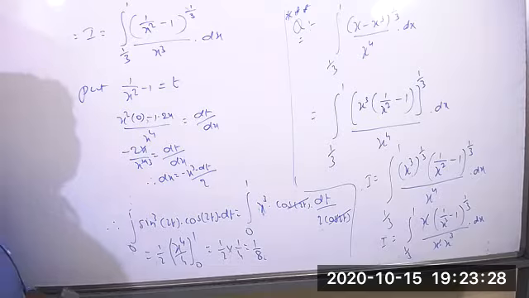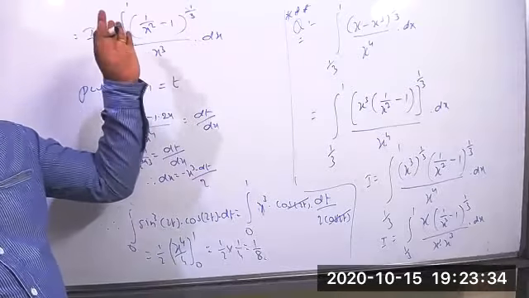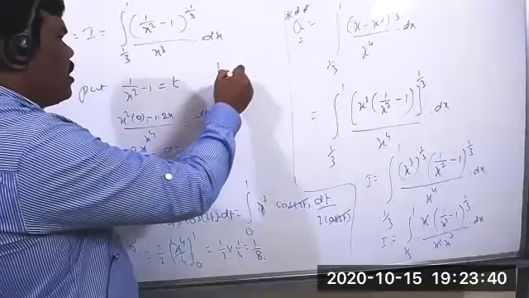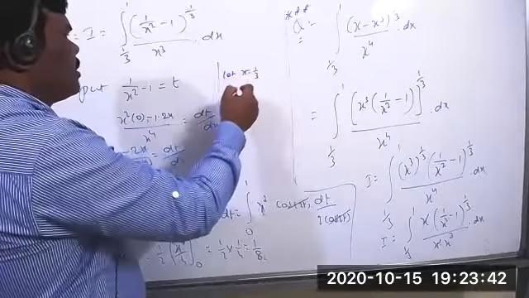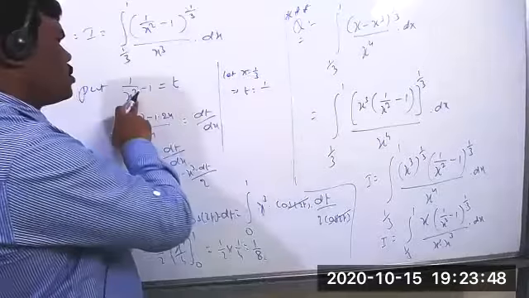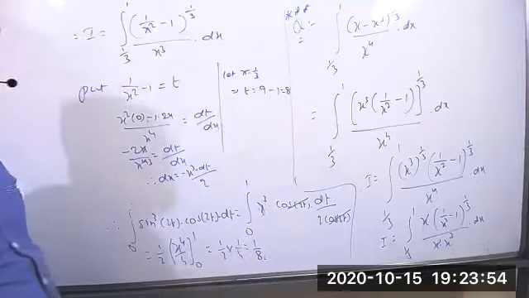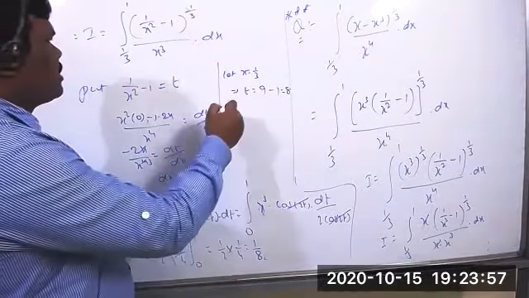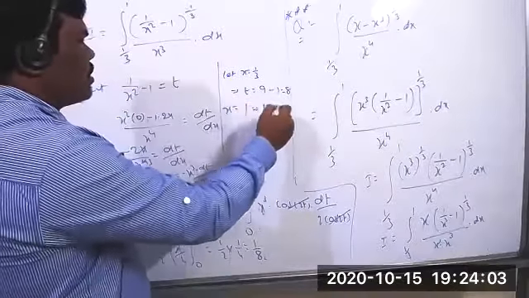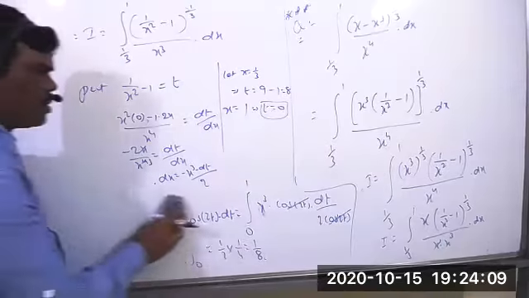But when we are taking the substitution, in the problem itself the two numbers are the values of x, so we have to find the values of t. So I can write now, let x equal to 1/3. That implies the value of t equals, substituting in there, 1/3 whole square means 1/9. Clearly this value you can write 9 minus 1 equals 8. Next, when x equals 1, the value of t equals 0. So the limits will be 8 to 0. Now we can substitute in there.